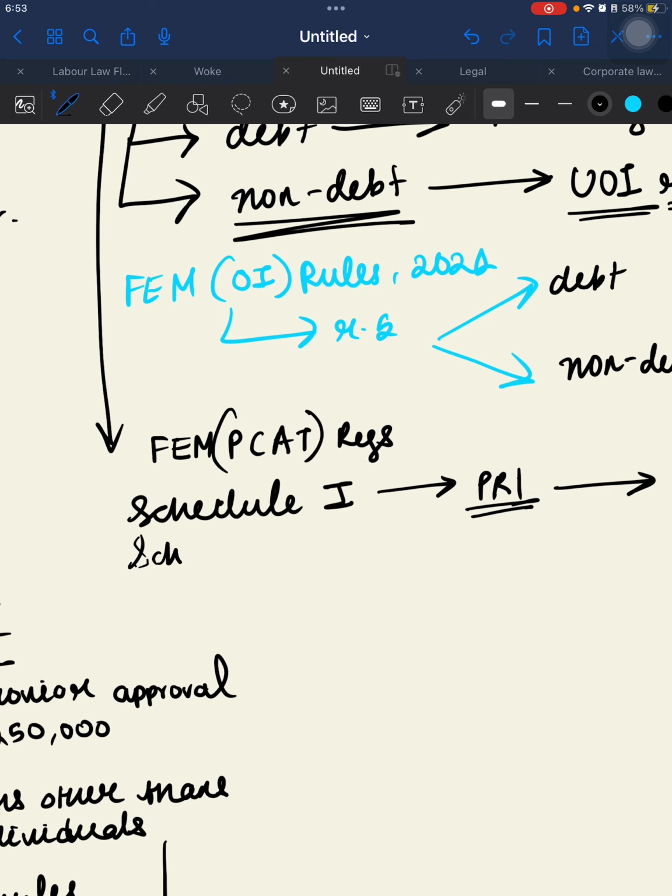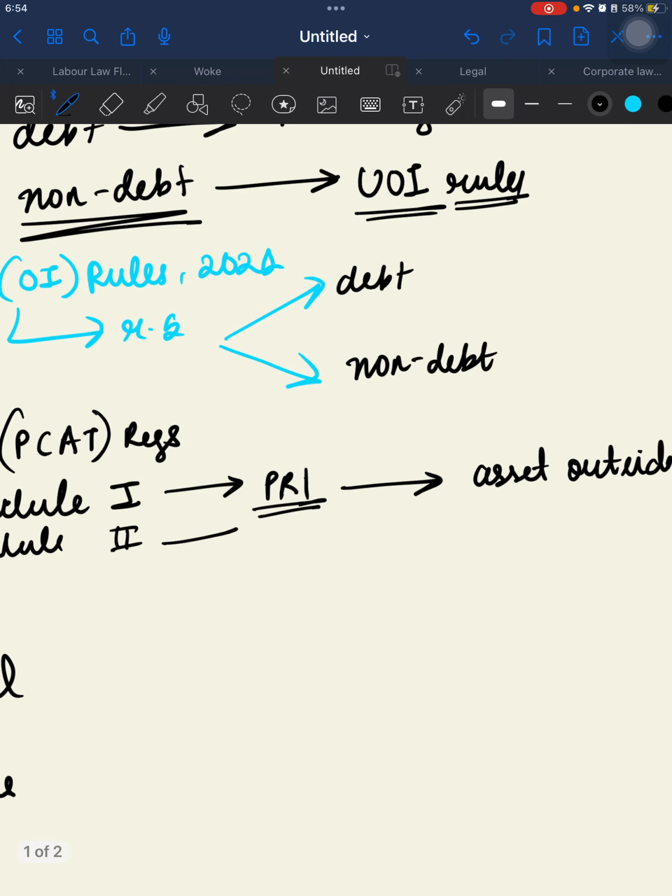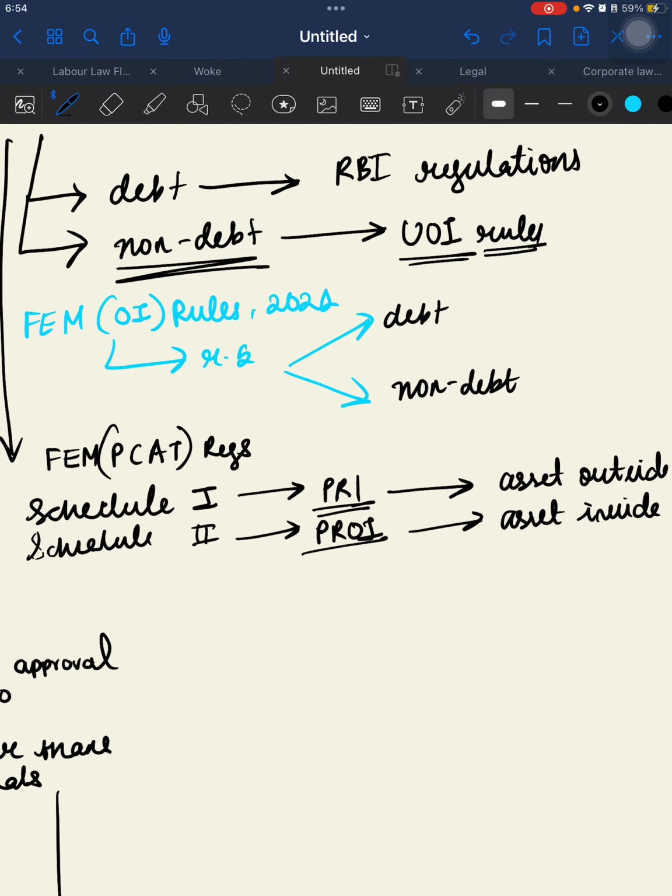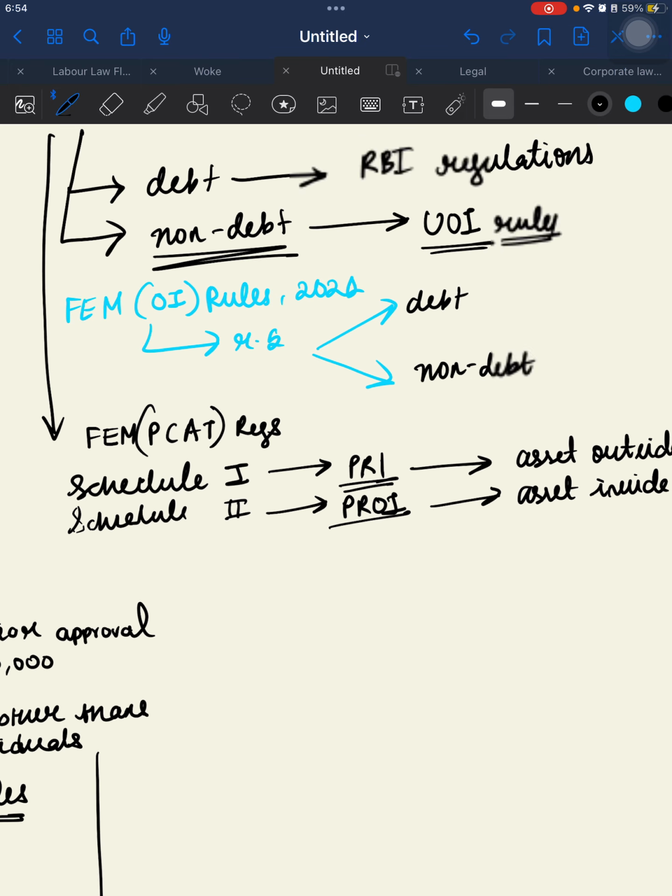Schedule 2 deals with PROIs, persons resident outside India, where the asset is inside India. So what happens here is under Schedule 1, money is going outside India. Schedule 2, money is coming inside India. So it's helpful to understand that our government is happier if money comes into the country rather than money going